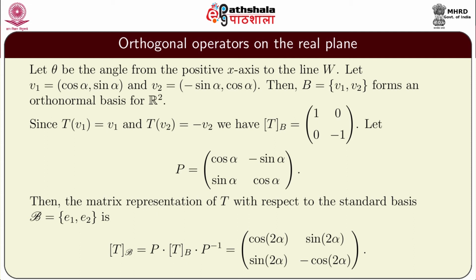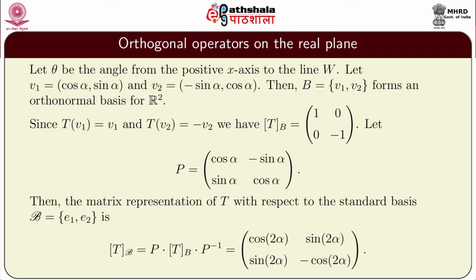Now let P denote this 2 cross 2 matrix whose first row is cosine alpha, minus sine alpha, and the second row is sine alpha, cosine alpha. Then the matrix representation of T with respect to the standard basis B equal to E1, E2, this box T B, is equal to P times box T B' times P inverse,